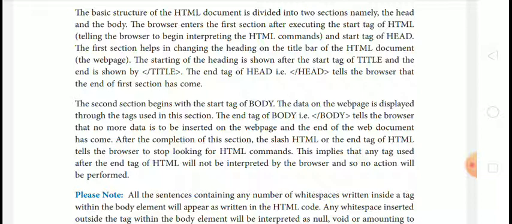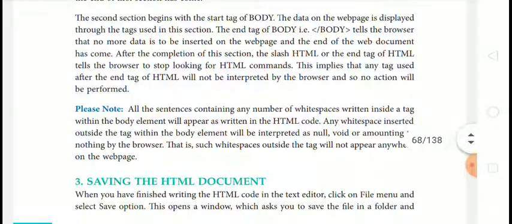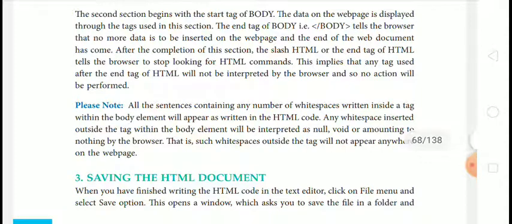The second section begins with the start tag of body. Means when we write body tag, it is understandable by the browser that it is the second section. The data on the web page is displayed through the text used in this section.